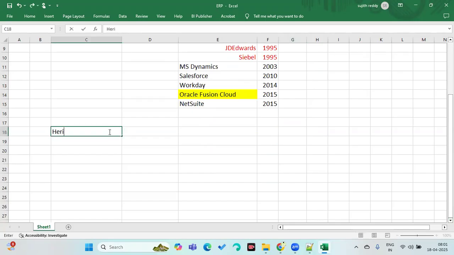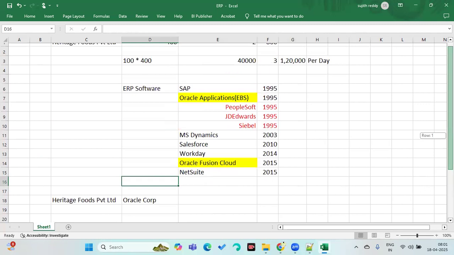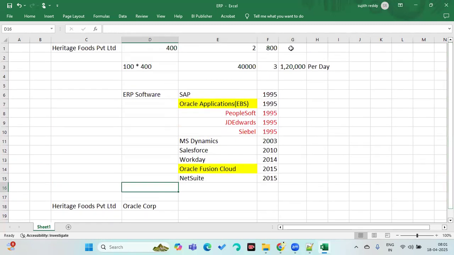So who is your client now? Here it is, Heritage Private Limited. What Heritage company will do is approach Oracle Corporation. They will say that they have 400 branches, and in every branch 10-15 employees are working.